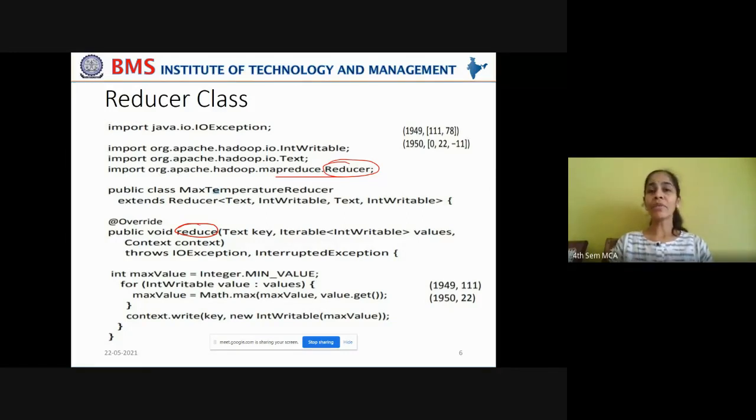Now what kind of key value pair does it take as input? It takes the year as the key and the list of air temperatures that are recorded in that particular year as values. And every time you write the reduce function or map function, you need to attach a context object which will help us to pack the data into that context object and transfer it between the phases of map and reduce.